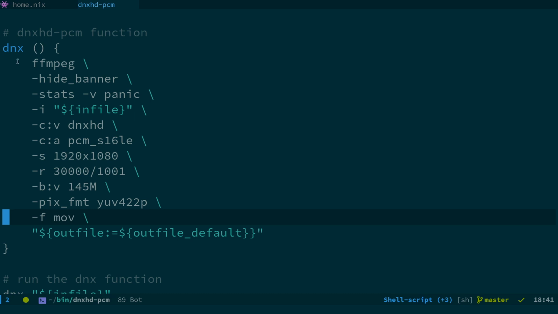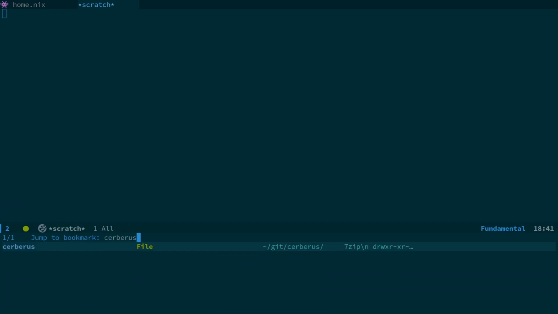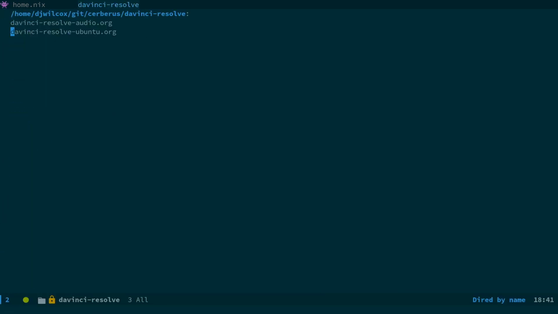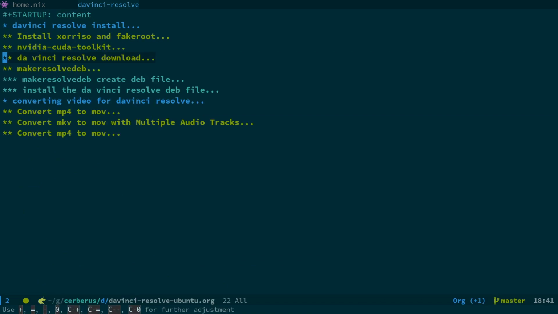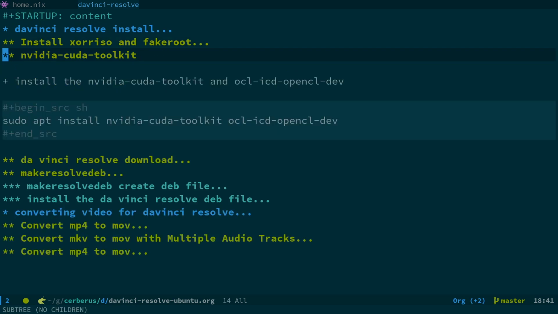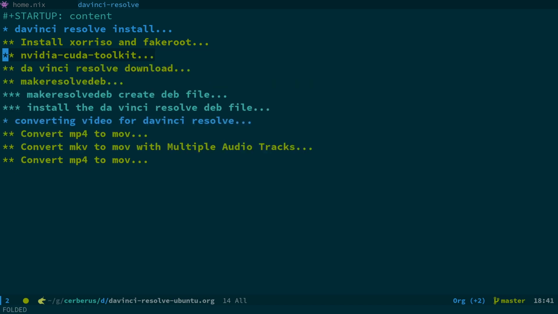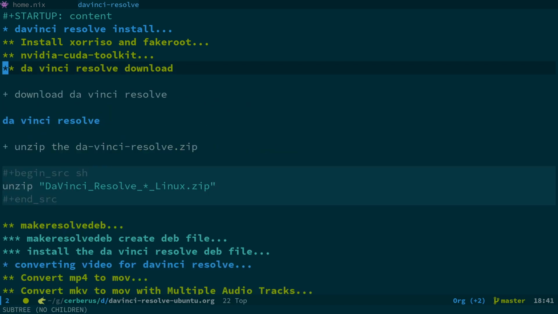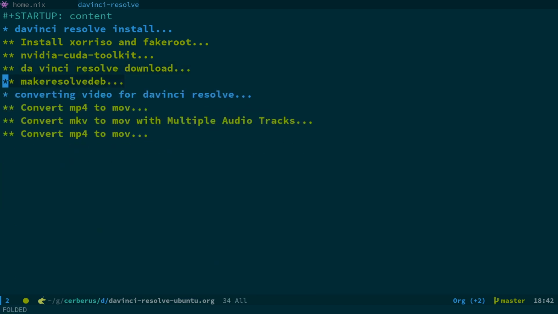I've done videos on this, so let me just come out and go to DaVinci Resolve. So I actually did a video on this. On Ubuntu, what you have to do is install fakeroot and whatever it's called. You've got to install the Nvidia CUDA toolkit, ocl-icd-opencl-dev. Then you've got to download DaVinci Resolve, which is several gig, from the DaVinci Resolve website. And again, you have to sign up for that. You've got to give an email and then it'll let you download it. And that's going to give you a zip file. You unzip that,